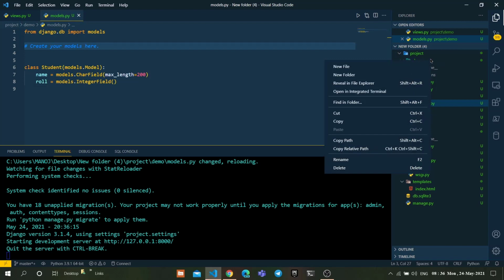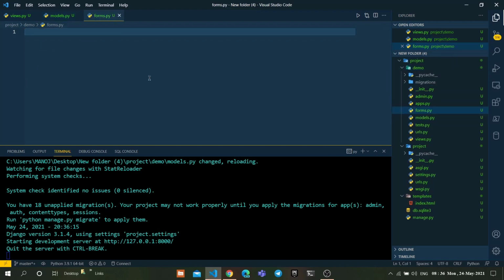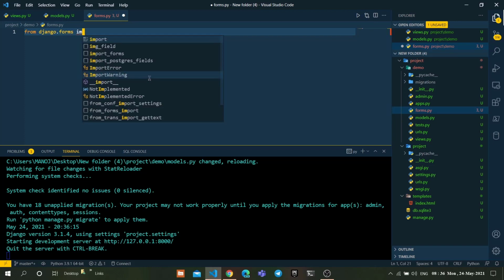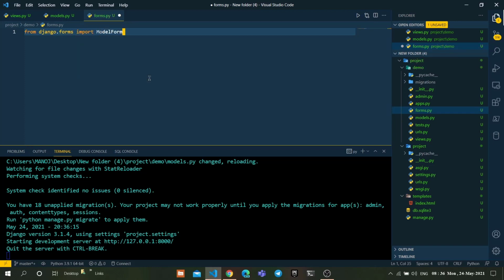Let's create one more file in the demo app, which is forms.py. In this file, from django.forms import ModelForm. From .models import all models.